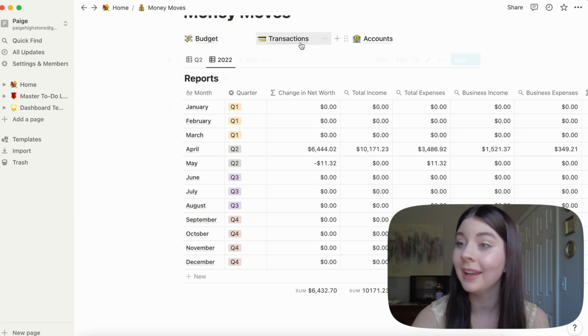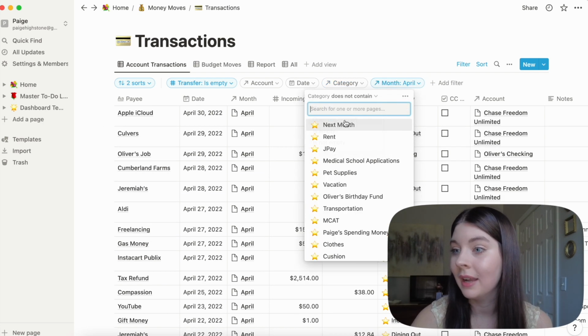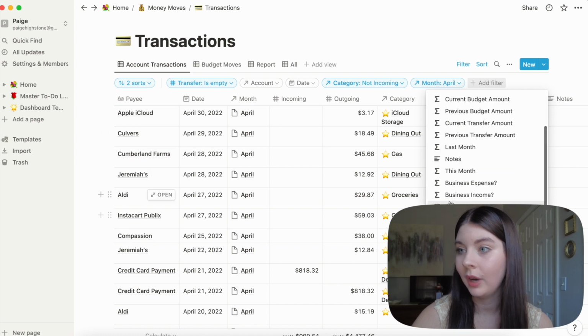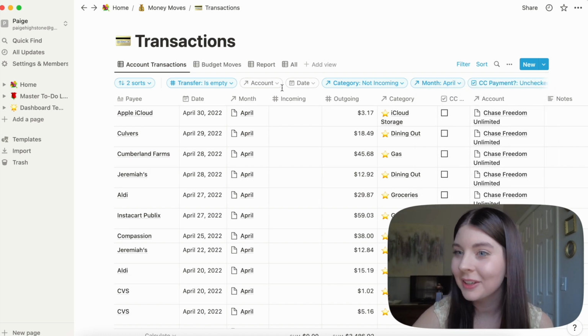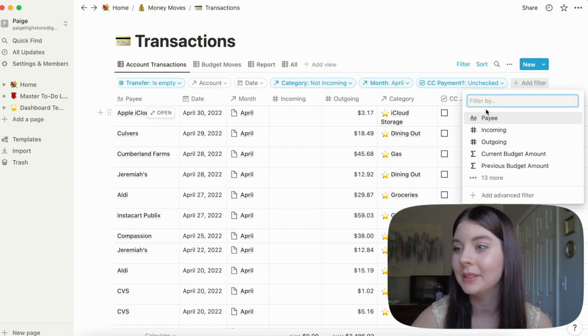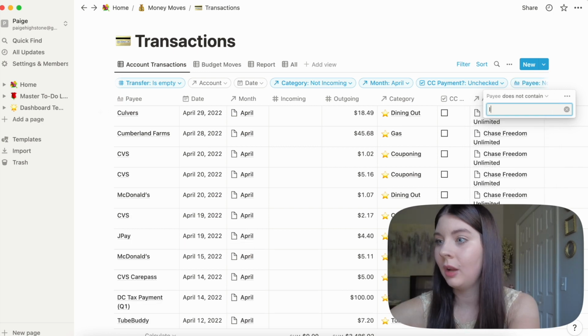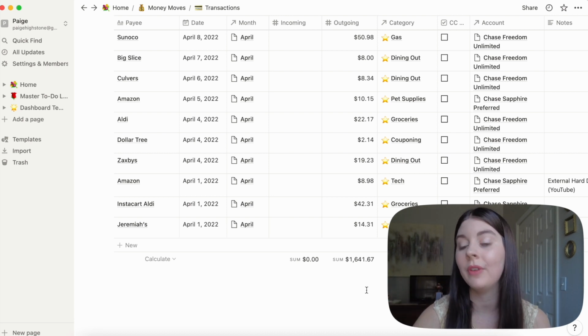So if we actually jump into transactions and we change this to does not contain incoming, and then we also add a filter to credit card payment and we change this to unchecked, and then lastly, I'm going to add a filter to take out payee does not contain incoming balance. That took out those few starting balance transactions at the beginning of the month for when I started this budget. Now you'll be able to see that for the month of April, we spent